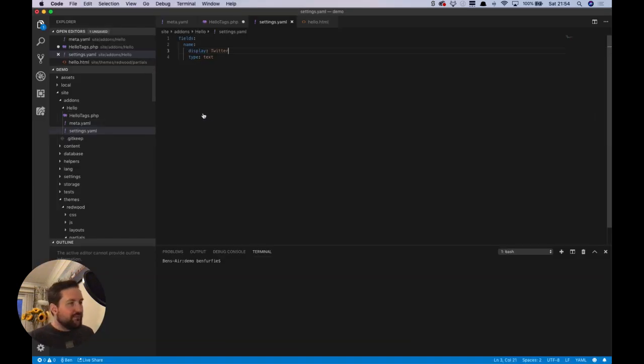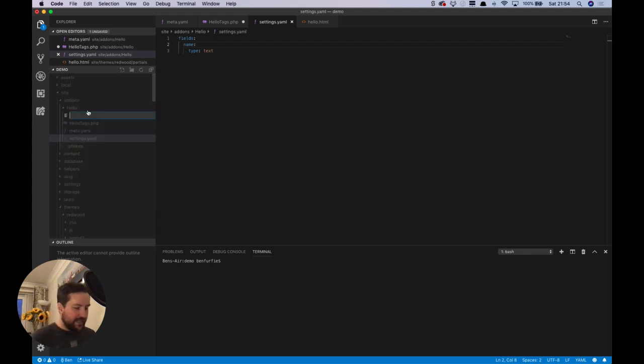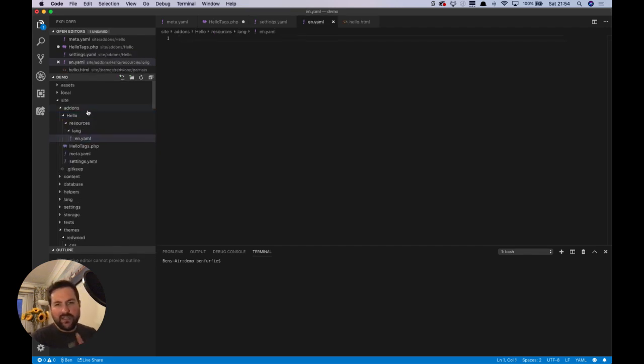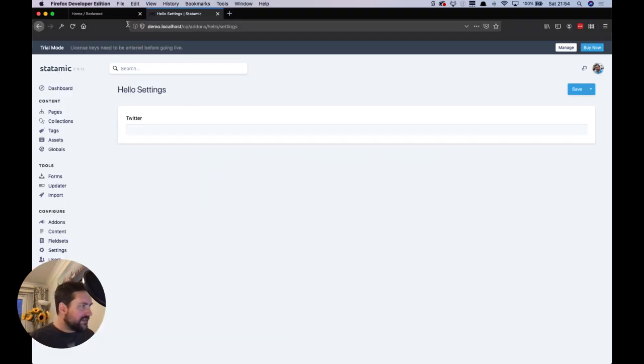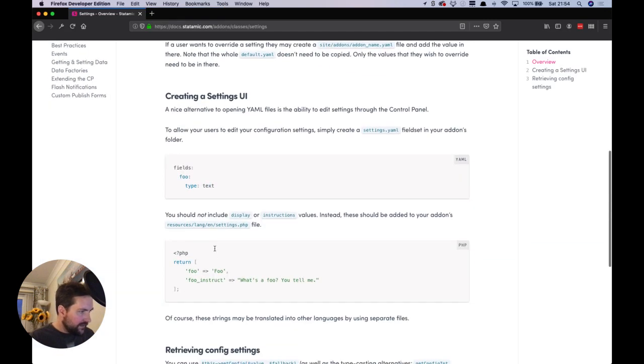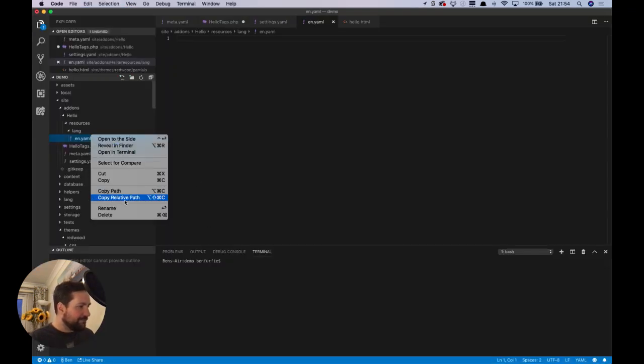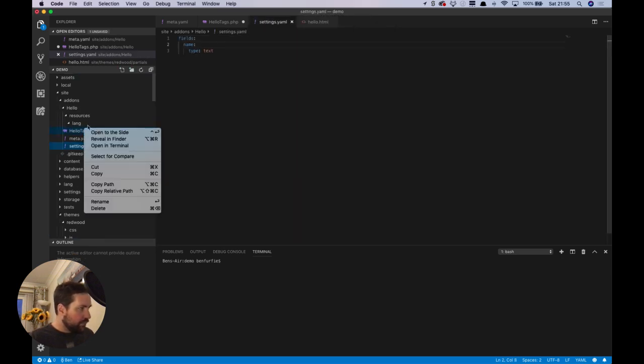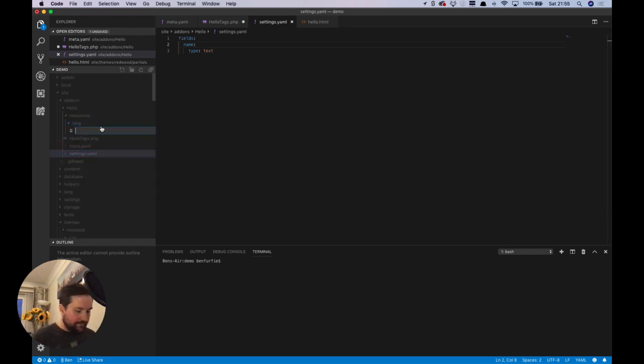But to be honest, the reason why you shouldn't do that is if you ever need to localize your add-on, it makes it an absolute nightmare to override. So the general rule of thumb is that you would create a resources lang en. Is it en? No. Let me double check that. Settings.php. Right. En settings.php,